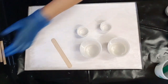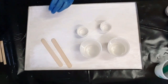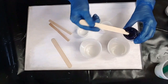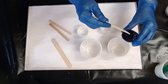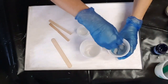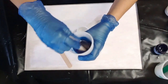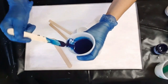2 larger sticks. Better get a nice clean stick that Gabriella had sent me, and a couple of smaller sticks for my small cups. So here goes the Sapphire Blue, up to 10%, but I can go a little bit less than that and adjust the color. Look how pretty that is. Just give it a good mix and always scrape off that pigment from the stick and then give it another good mix. That is absolutely gorgeous for my deeper water,